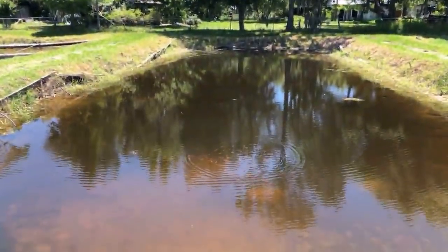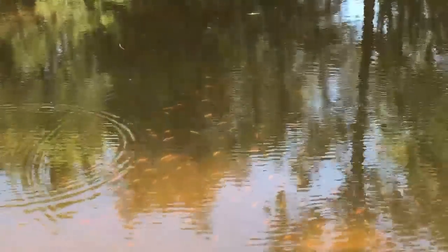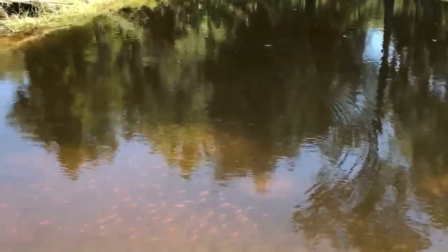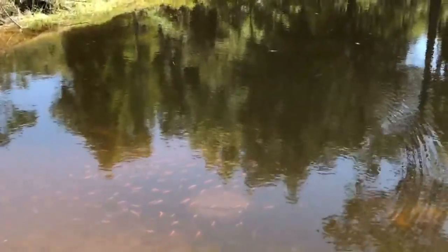All right, let me flip the screen. Oh yeah, you can see them. All right, so we have, there's the OBs. This pond's pretty clear, so you can see them pretty good. Let me move out of her way so she doesn't get food on me. With it windy like that,